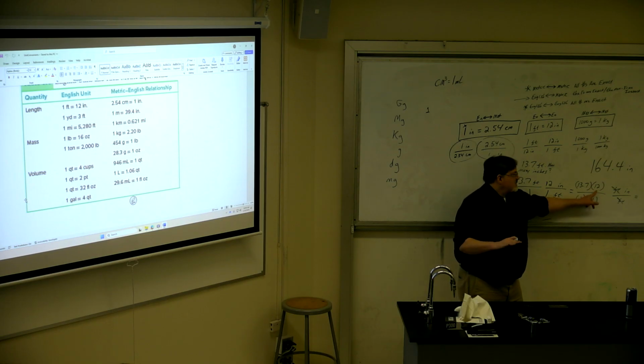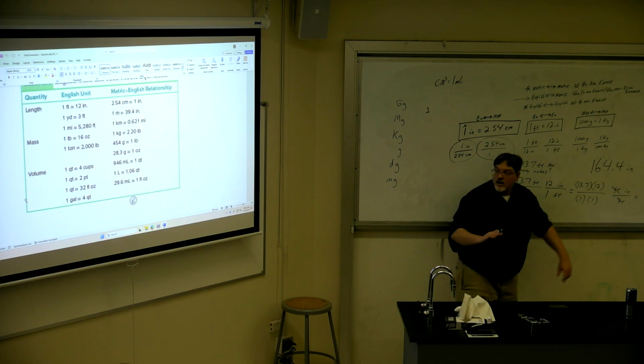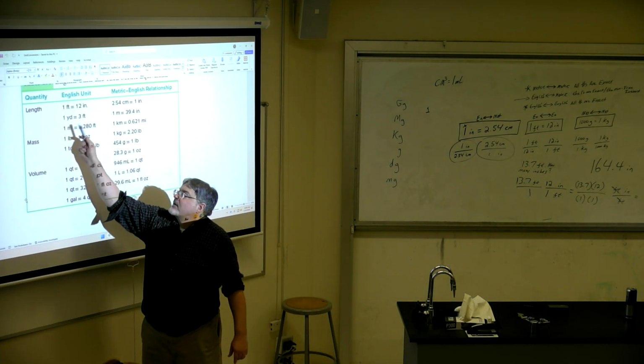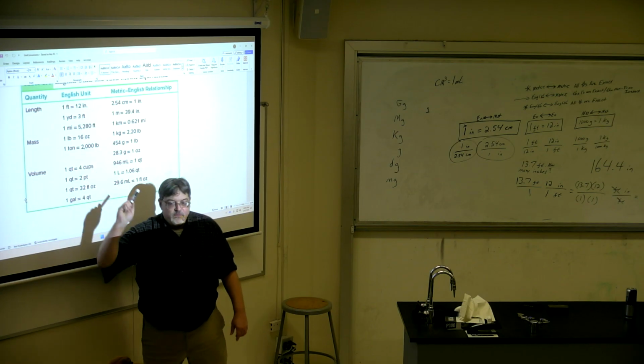I'm not done yet. I have to look at this and go, what are my significant figures for the answer? That's exact, I don't need to consider those for significant figures. That's exact as well. So this, what looks like two significant figures here, it really isn't, it's infinite significant